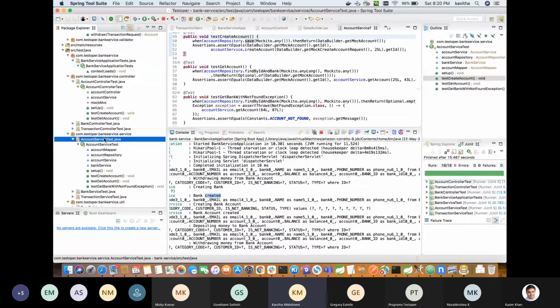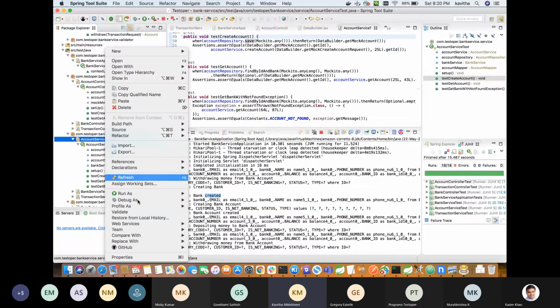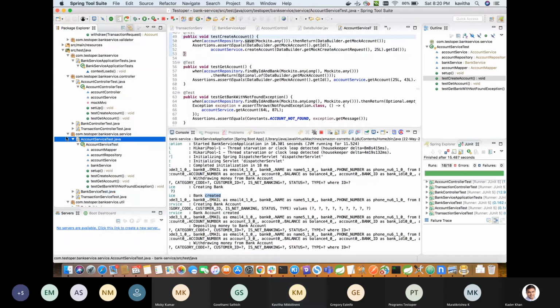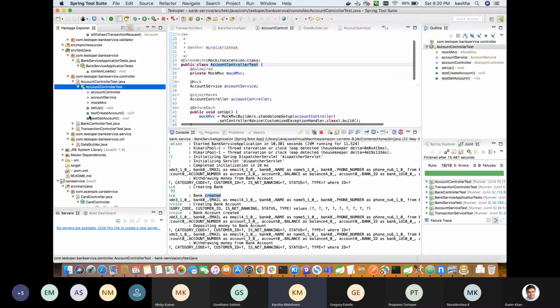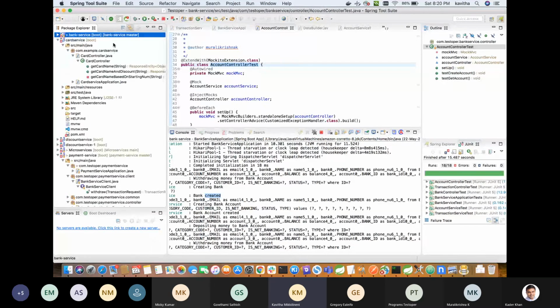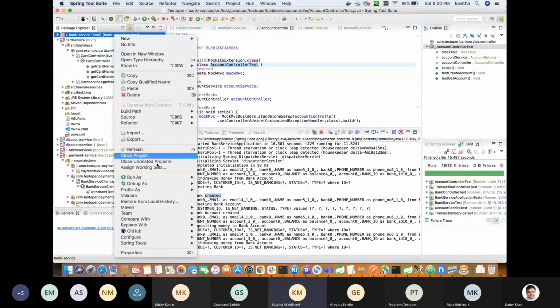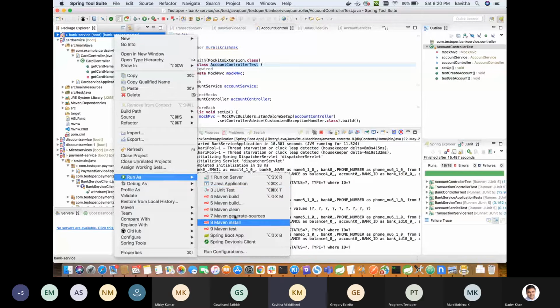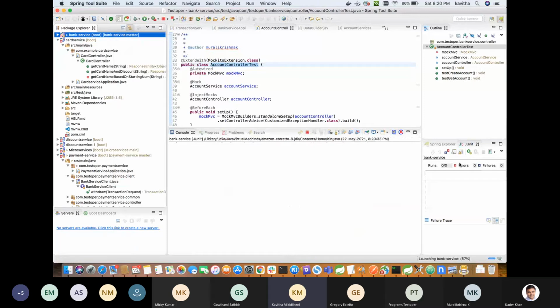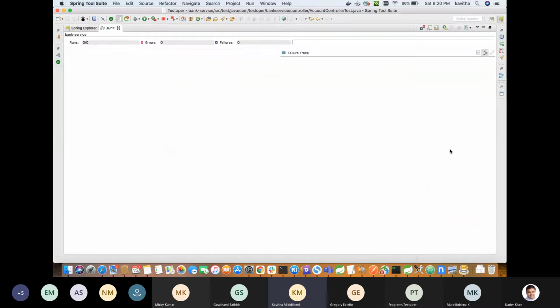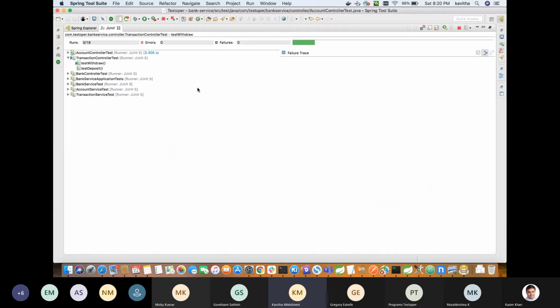We can run each test class by Run As JUnit, or at the whole service level, we can run all the tests. So even the negative scenarios can also be configured. So we'll see this JUnit being run. And for all the methods, the response has been captured.